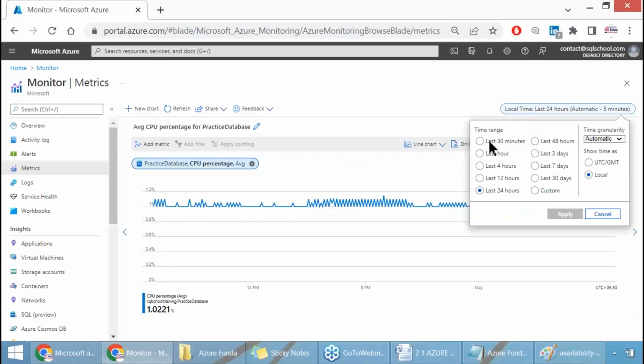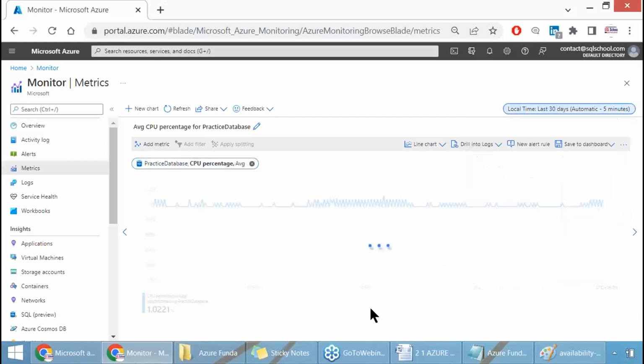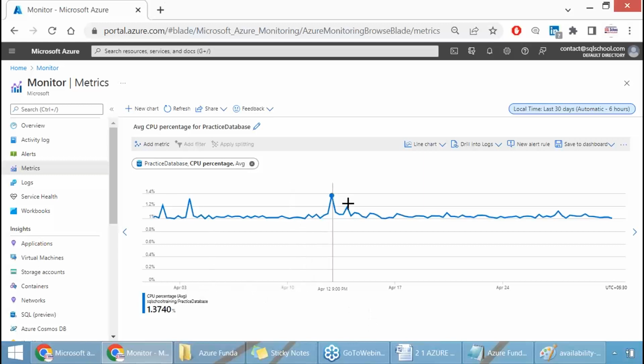Or for example, last 30 days, apply, and I see how my CPU percentile is. In Azure,